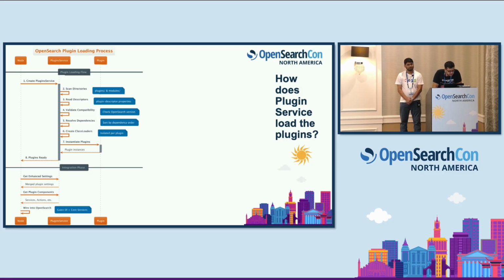Once that happens, it resolves all the dependencies, creates isolated class loaders for different plugins, and instantiates those plugins. Once it's done, your plugin service is initialized. Your plugins are loaded within plugin service. It returns the callback to your node service or your central node. Post that, if any of your plugins have some custom settings, those settings would be added to the environment settings